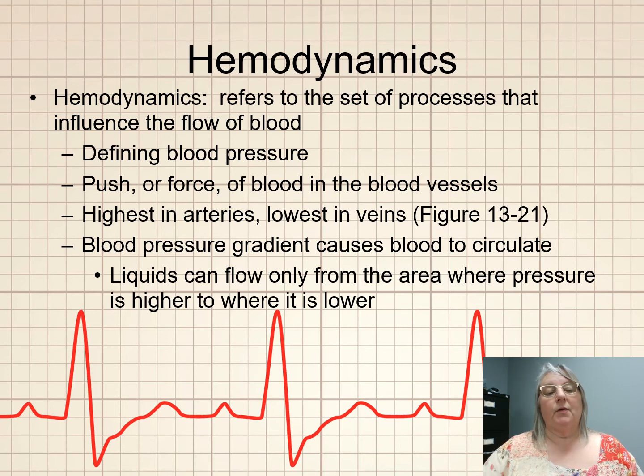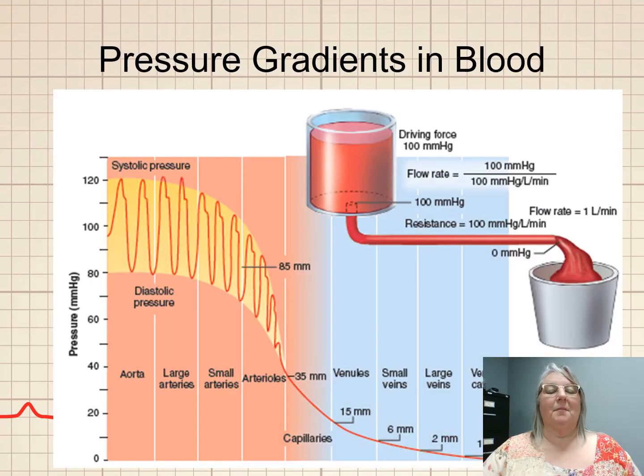And blood pressure is on a gradient, and it helps to produce circulation. So the fluids like to flow from an area of higher pressure to an area of lower pressure. This is a picture to help you define and understand the process that happens with pressures and what happens with the fluids. So here's our blood pressure